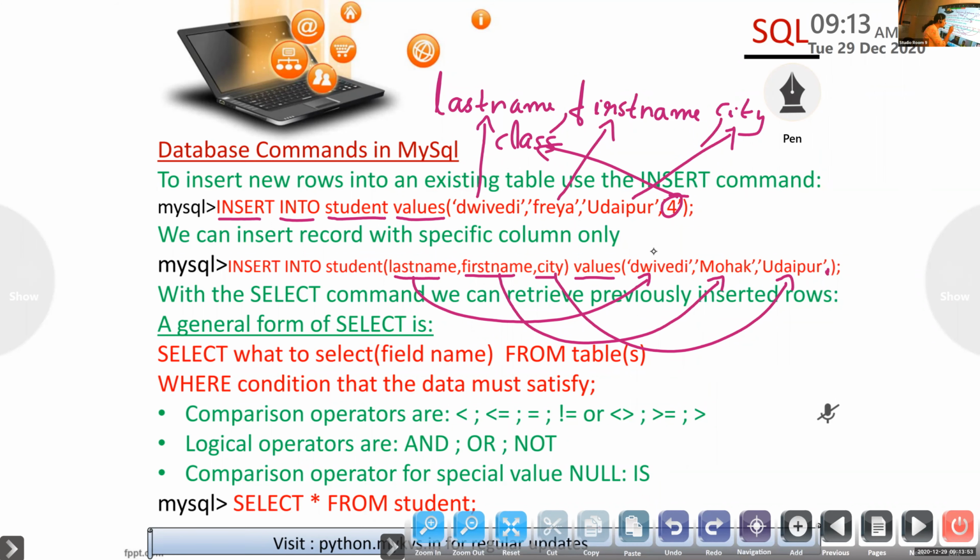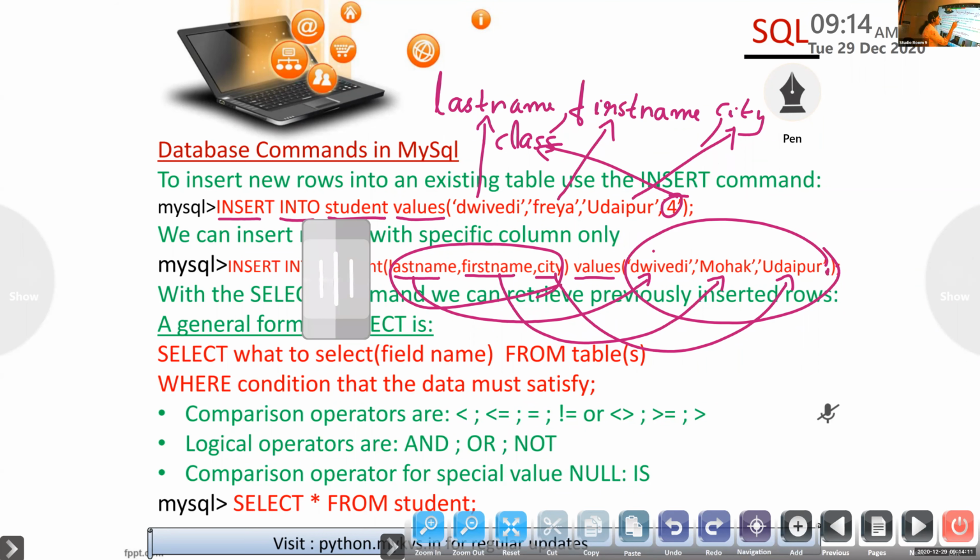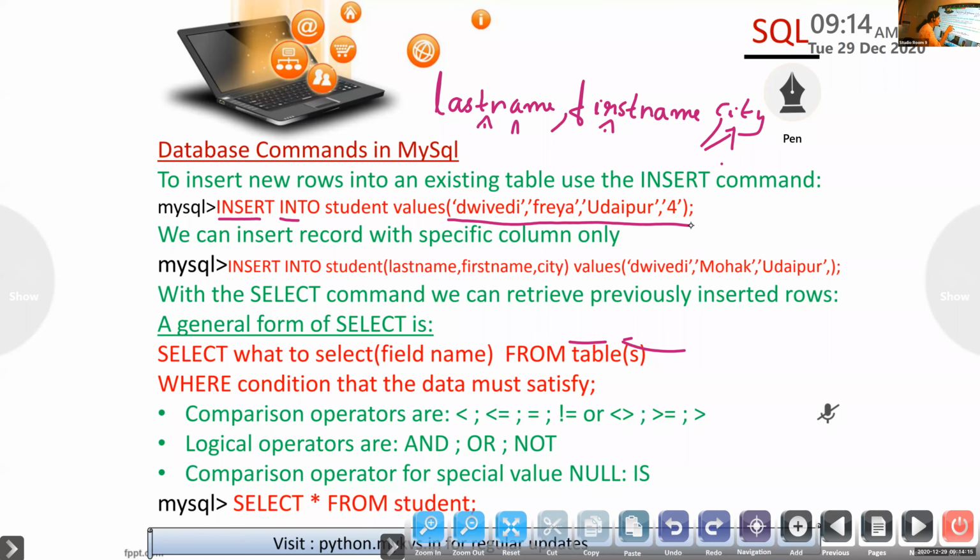Based on the order given in this place, you need to follow the same order in the values. In the first method, the order should be the same as the way the column names were created in the table.